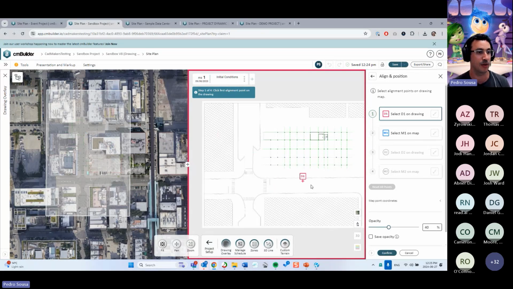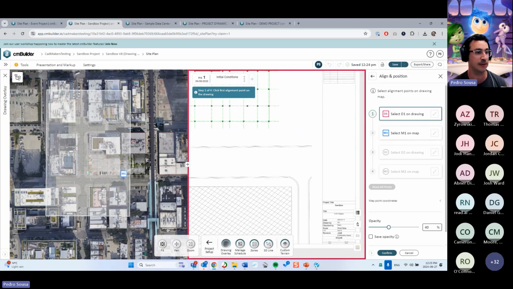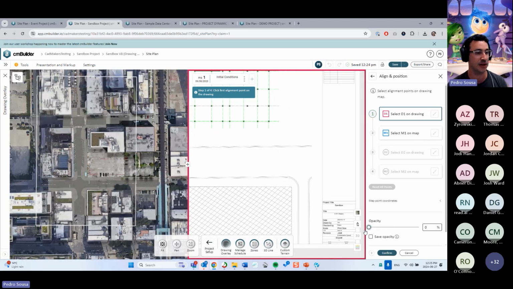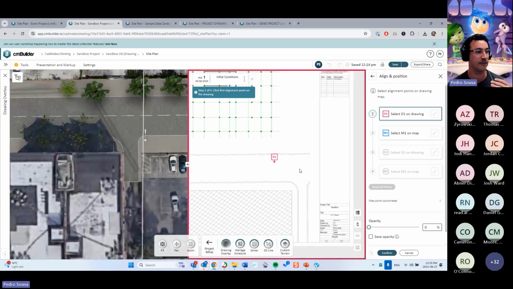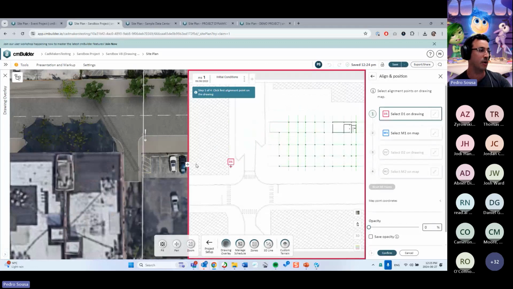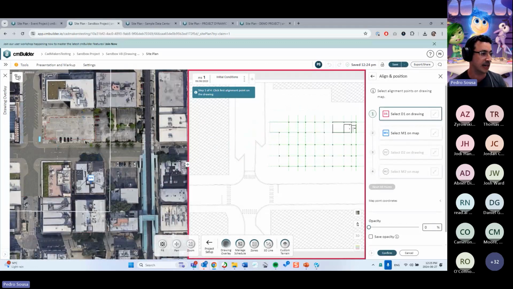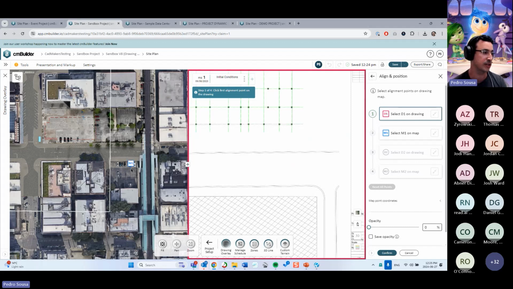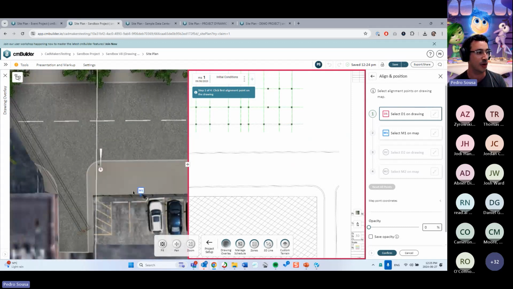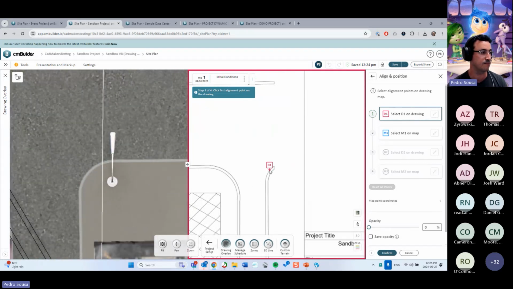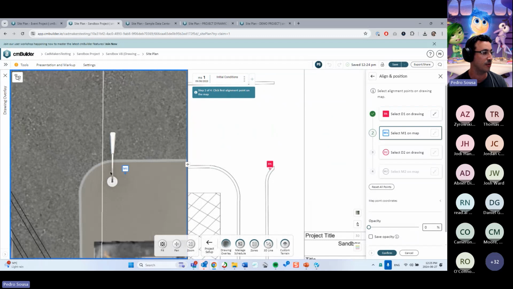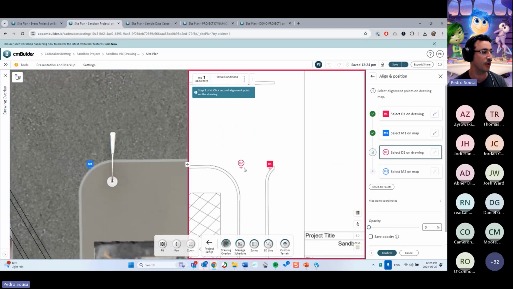Okay, but basically, what is new in this is that you can choose the order in which you select the points. You can also play with the opacity over here. I prefer to start with the opacity turned all the way down, and you can choose the points that you're selecting, either both on the drawing and on the satellite image, or one in the drawing and one in the satellite image to make it easier to correlate these parts, right? So what I would do right now is take maybe the middle point of this curve over here,